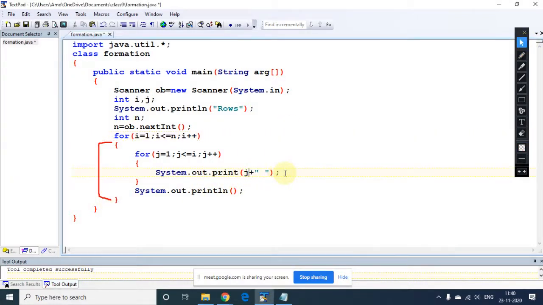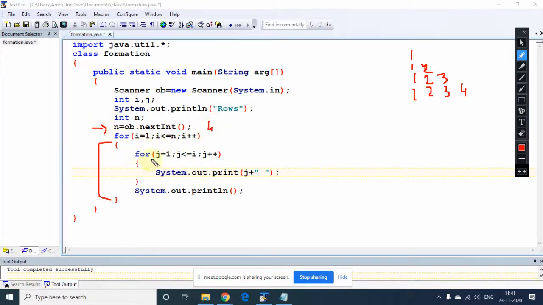Now see, this is the previous question, which was 1, 1 2, 1 2 3, and 1 2 3 4. Everybody please pay attention, those who are not getting it. Suppose the number of rows the user is inputting is 4.